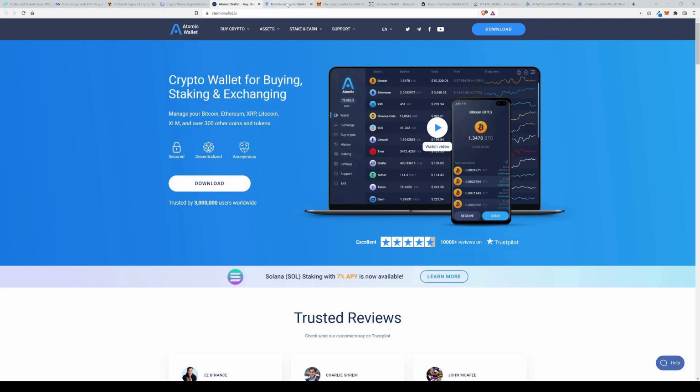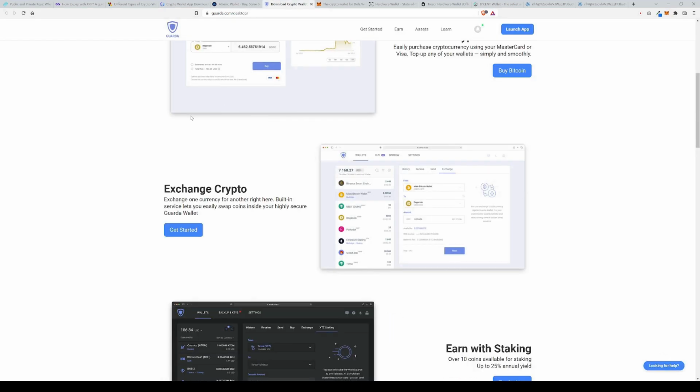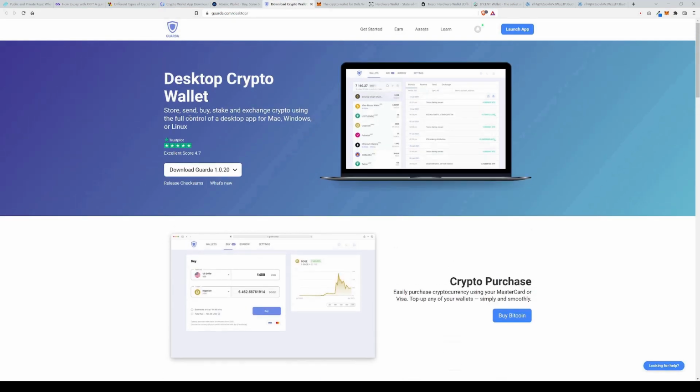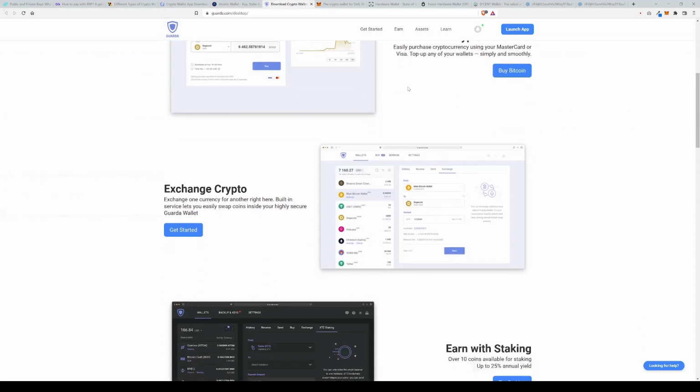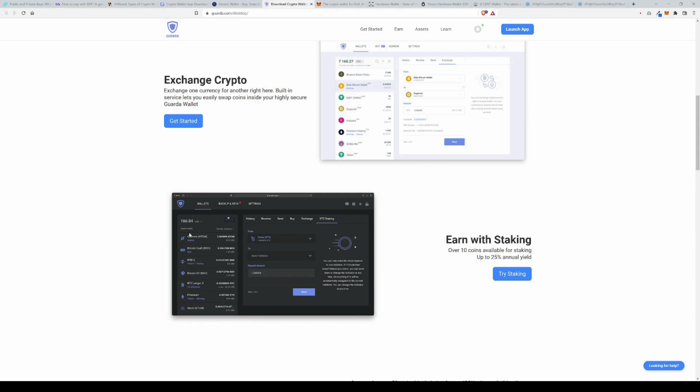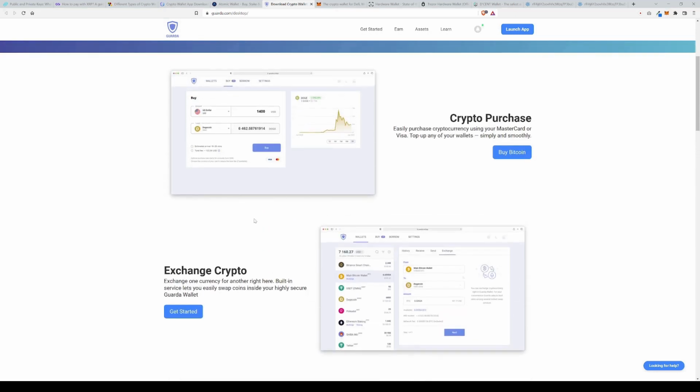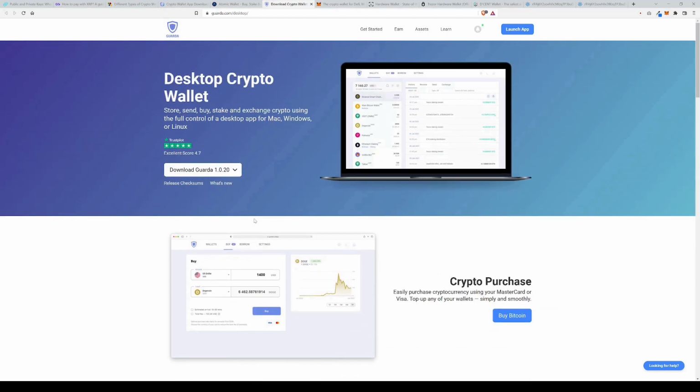All right, so here's another one, Guarda Wallet. And again, it's going to have all the same features as the other one did. They're going to show your portfolios, your balances, and the changes in your assets, the up-down action, all of that. All of these wallets are going to do that. So what it comes down to is more of a preference, just like a preference of using Chrome browser or Firefox or Internet Explorer. It's all that kind of thing when it comes to these desktop wallets.